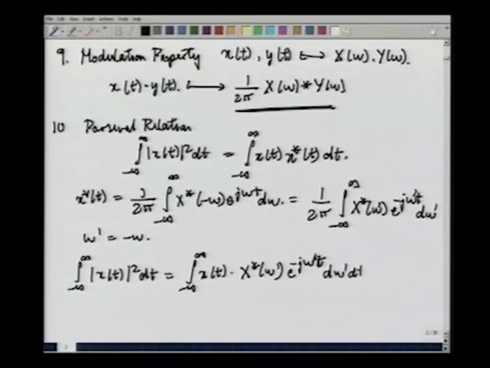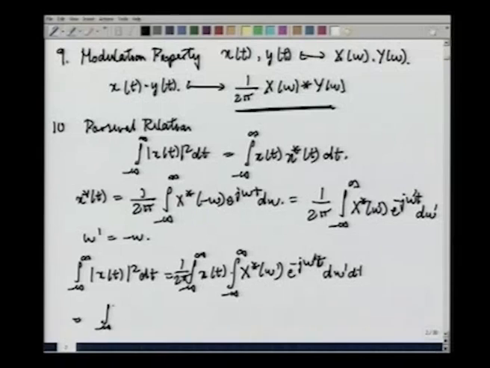Now, we can reverse the order of these integrals. Sorry, there is a 1 by 2 pi, this is all 1 by 2 pi, another integral minus infinity to infinity over here. This is what we have. We can exchange the integrals and get